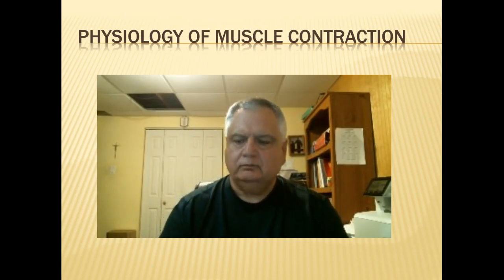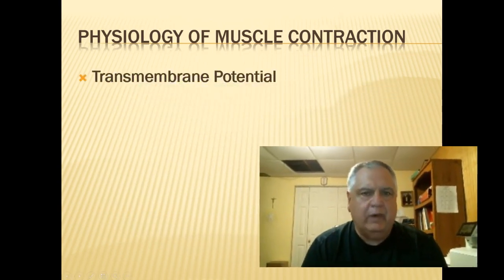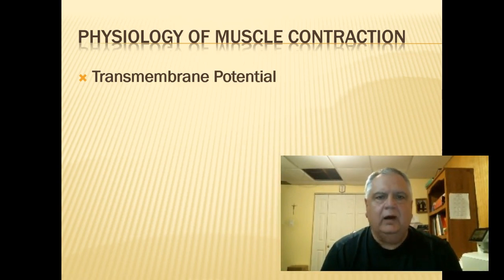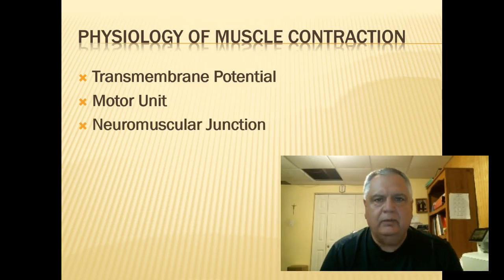We're going to take a look at how muscle contraction takes place. All right, to understand how muscle contraction takes place, we're going to have to take a look at some background information first and look at three important concepts. The first is the concept of transmembrane potential. You may remember that from A&P 1. The second concept is the concept of what we call the motor unit, and our third concept is what we